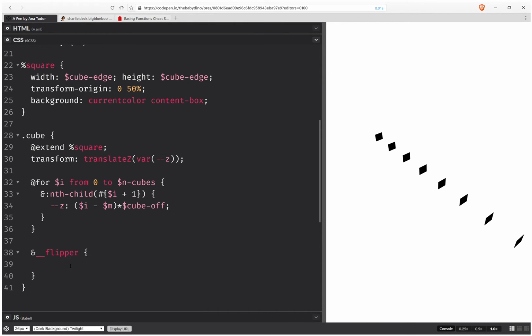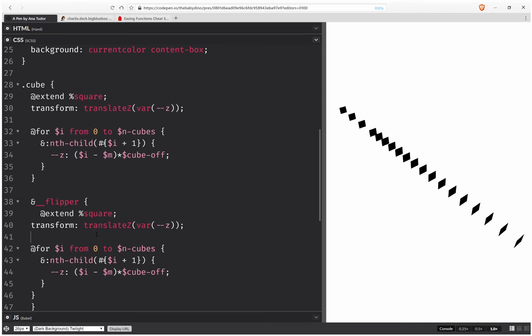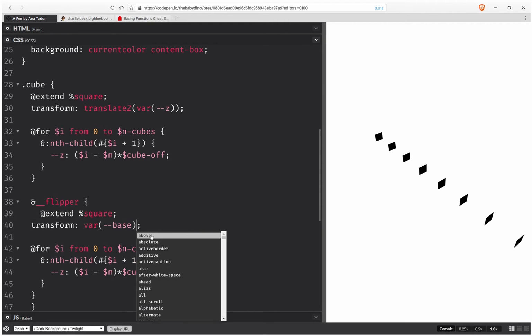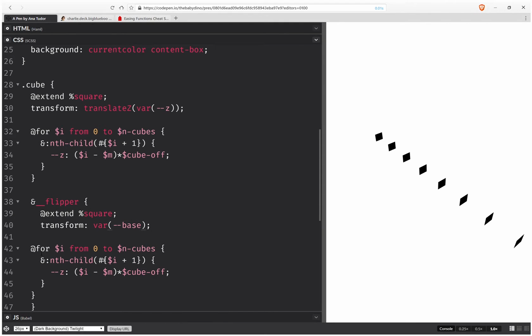So now we're going to have again extend square, and this is going to be change this. We're going to have a base chain of transform. So this is a base chain of transforms, and the loop is pretty much the same, except we need to